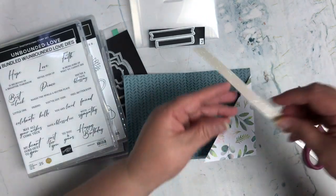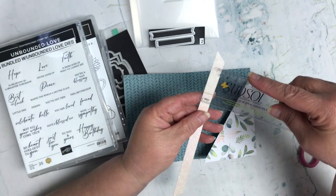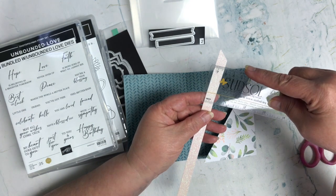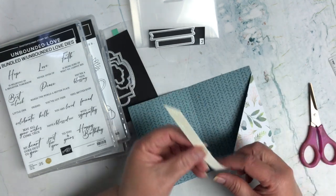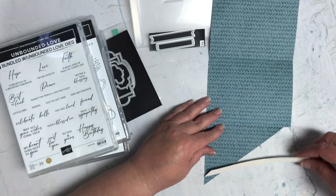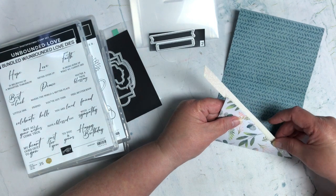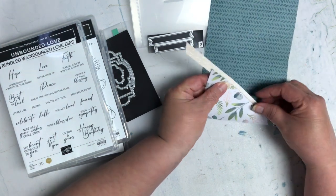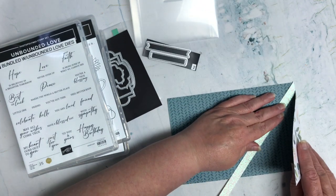so I went ahead and cut a strip of, and let's see, what size is this? This is like a 1/2 inch is what I chose. So now what I'm going to do is, while this is still open, before I glue it down, I'm going to go ahead and figure out how I can get just a little bit of this showing. So probably what I'll end up doing is lining